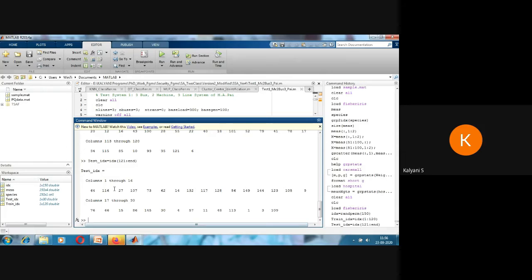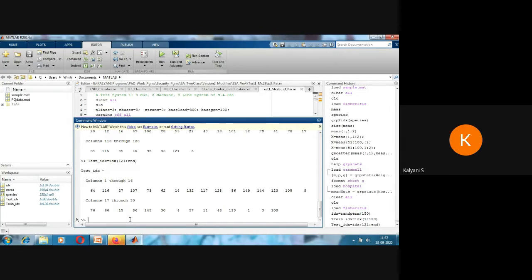See, the 64th sample, 116th sample, 27th sample, all belong to testing. The remaining belong to training. Is it clear how I am splitting the index 1 to 150, a few for the training index and a few for the testing index? Are you able to understand this step? Splitting the data set index for training and testing. Please let me know. Yes, Devraj sir has answered. Thank you for answering.